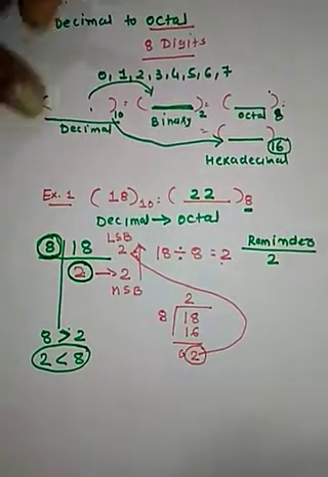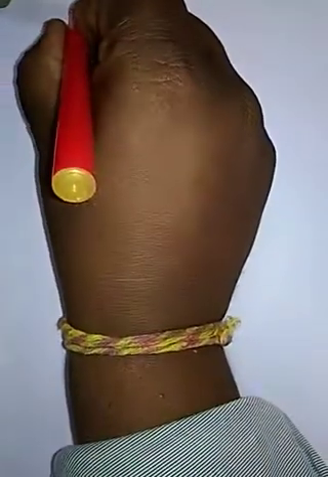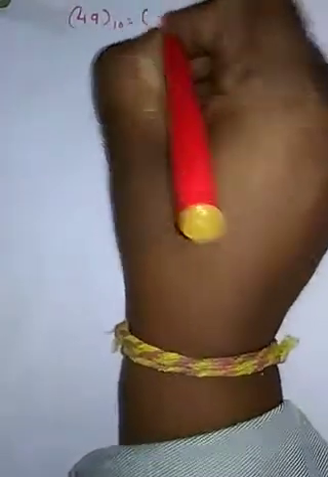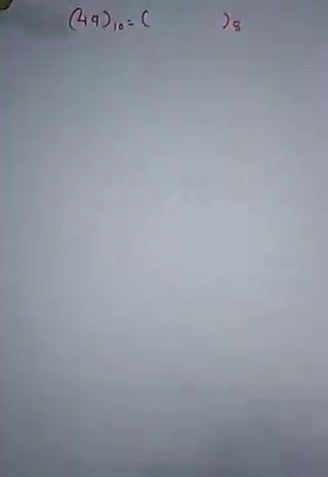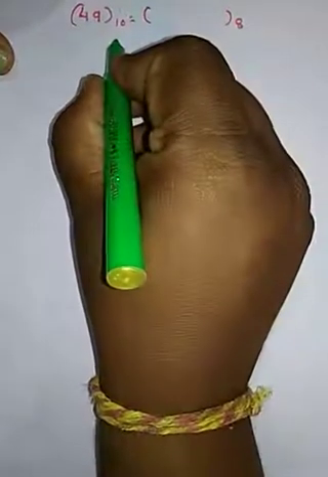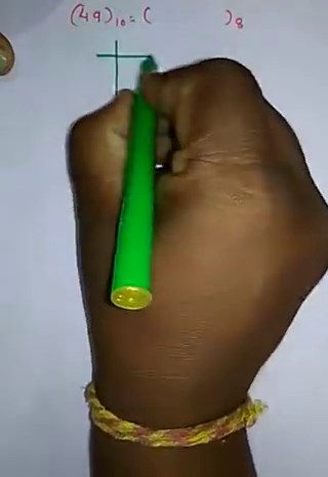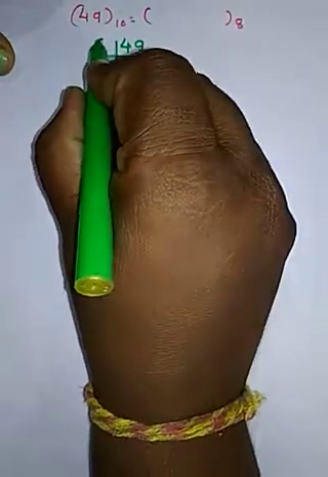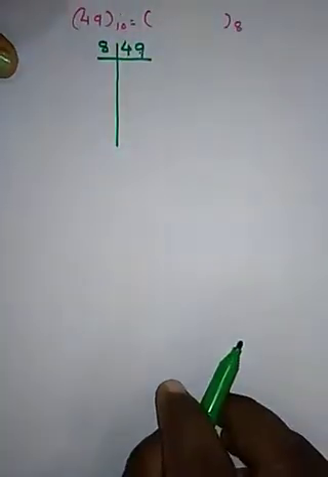Okay, again we are going to discuss another example. આપણે એક બીજો એક્ઝામ્પલ જોઈશું તો વધારે ખ્યાલ આવશે. બરાબર, સપોઝ કે મારી પાસે કોઈ એક નંબર છે 49. I have one number 49 and this is to be converted into octal. આને આપણે શેમાં લઈ જવો છે? octalમાં લઈ જવો છે. So to make the octal, repeat the procedure. અહીંયા 49 લખવાના. Write down here 49. અહીંયા 8 લખવાના છે.